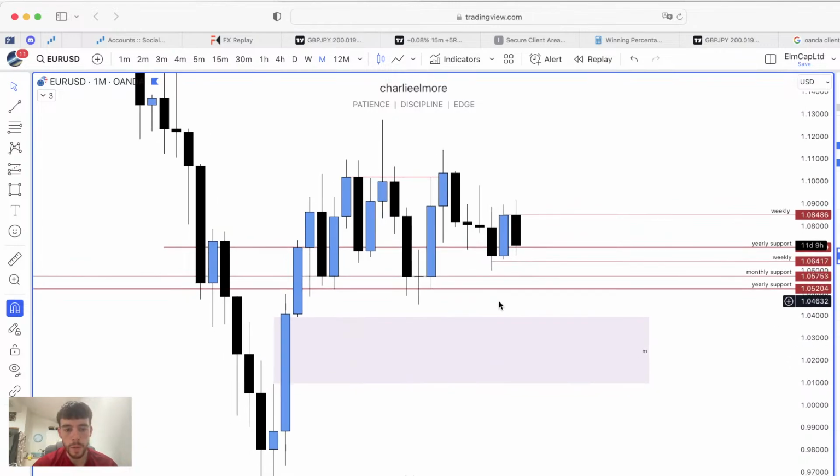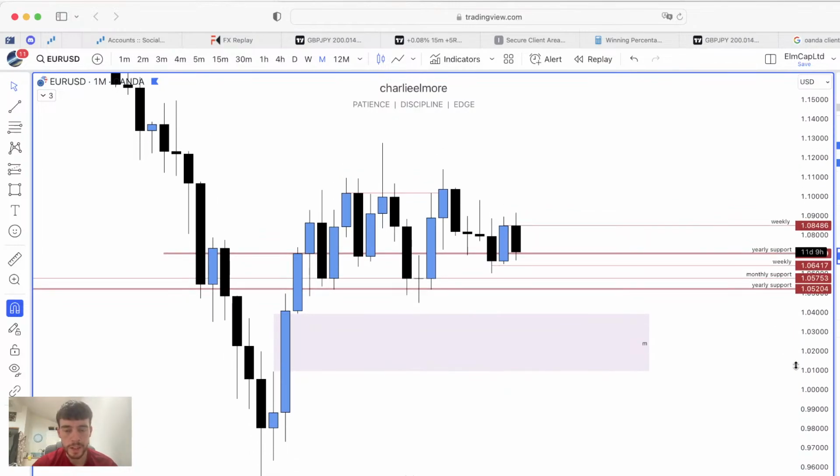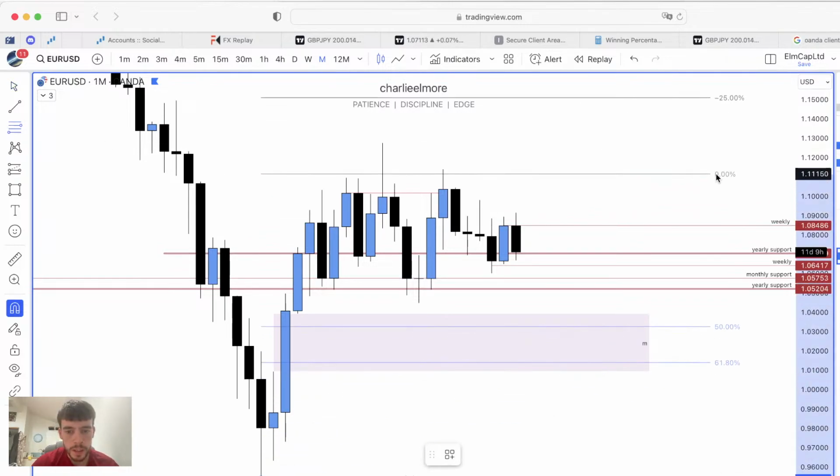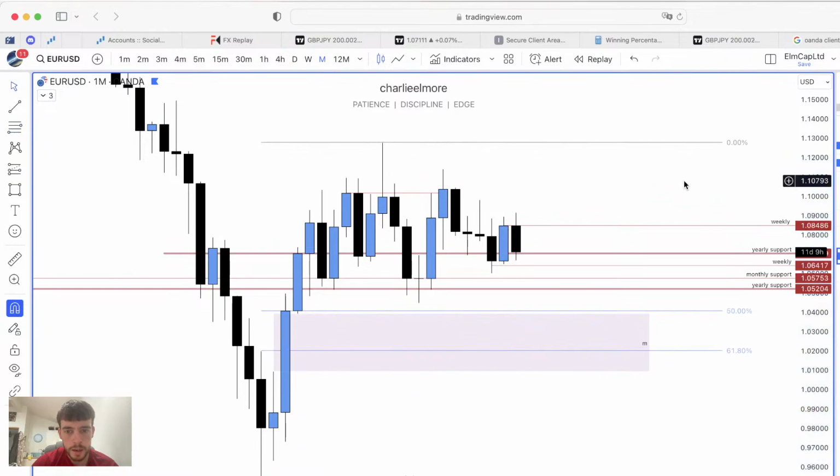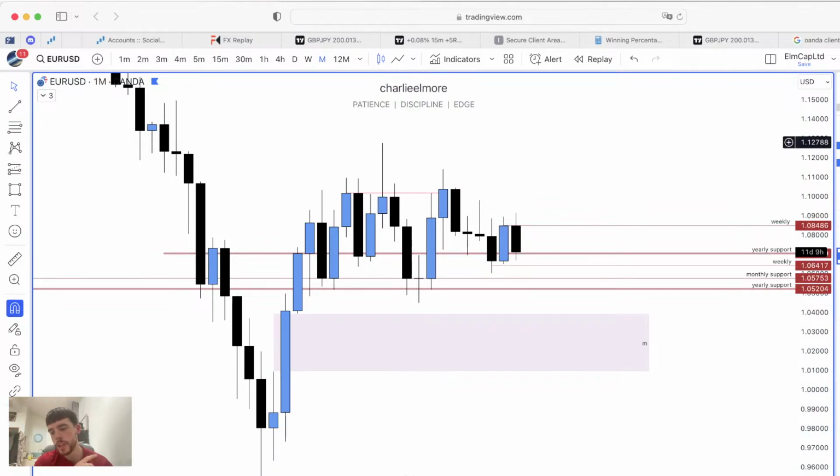There's no time limit on when areas need to be reached or mitigated. That's one thing we have no control over within the markets. However, it's still important to keep these areas on, because if and when price did decide to come down into there, that would be a phenomenal area to buy from, because that would also be within a discount of that monthly bullish leg. Okay, and if we remember, we're coming out of a yearly bullish structure, yearly imbalance, yearly demand, right? So that is the monthly.